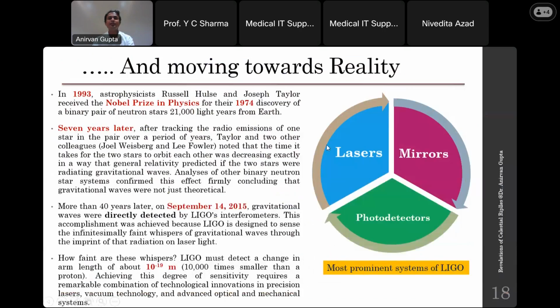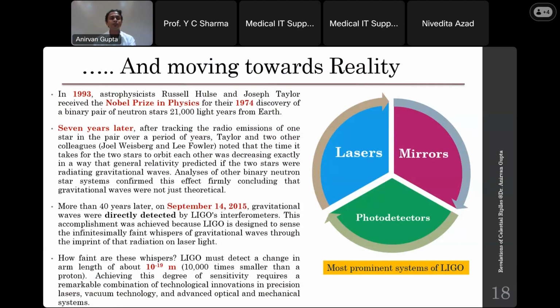Moving towards reality, what was actually done in 1993: Russell and Taylor received the Nobel Prize for their discovery of the binary pair of neutron stars, which they did in 1974. These neutron stars were 21,000 light years from Earth. 7 years later, after tracking the radio emissions of one pair of stars,